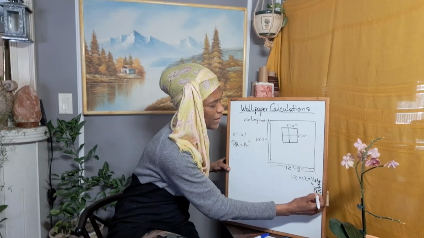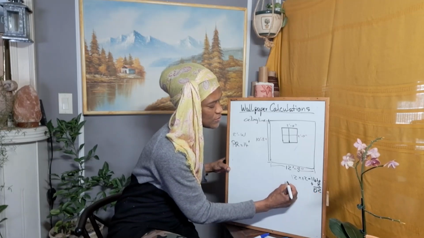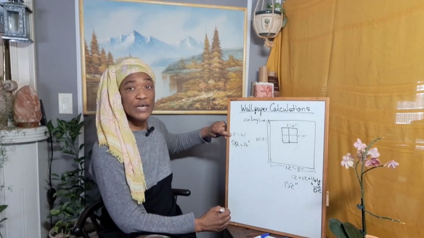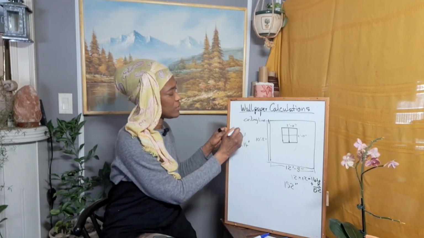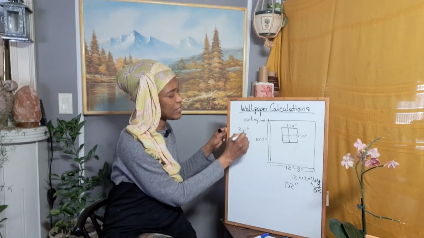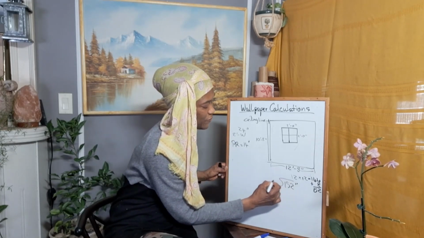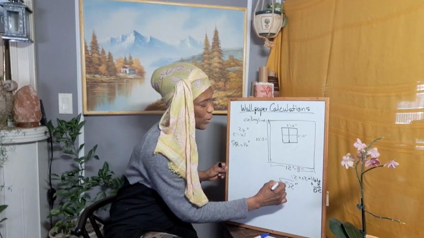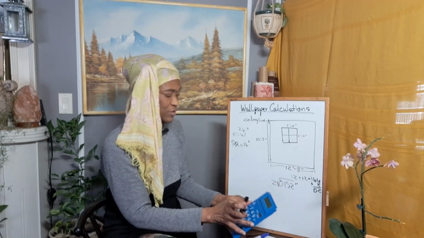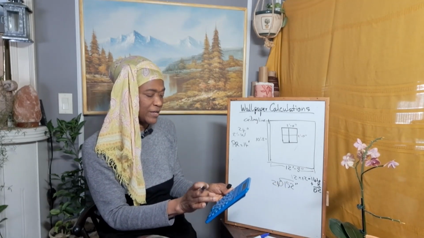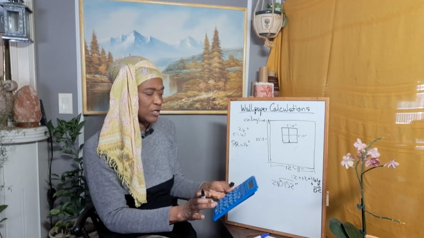That's 152 inches. Our 2 feet here will be 24 inches. So we will divide 152 by 24 inches. That's 152 divided by 24 equals